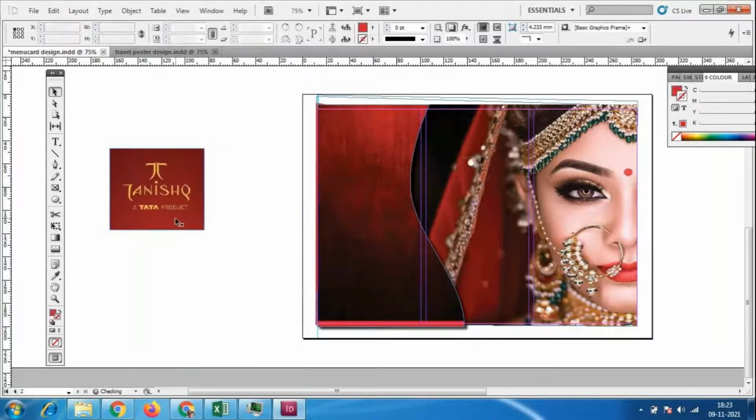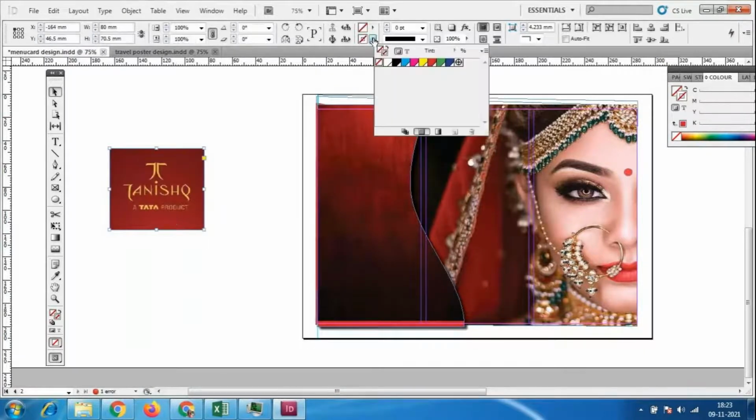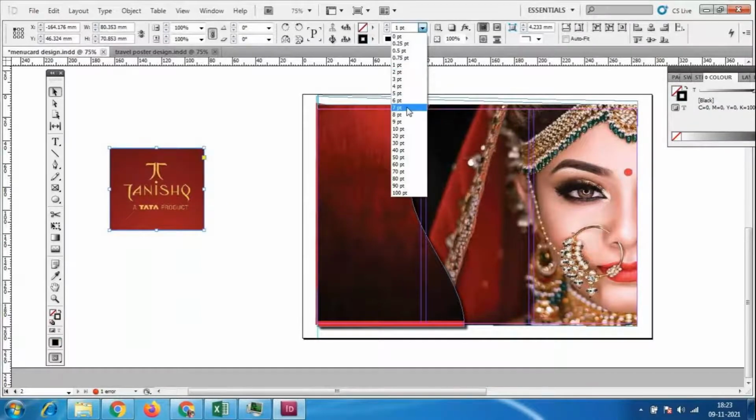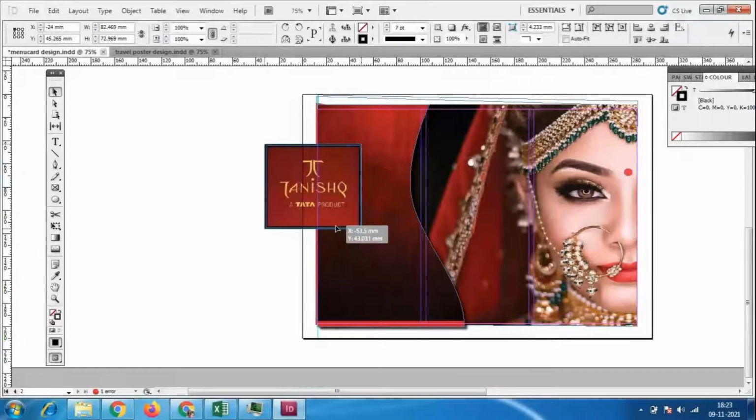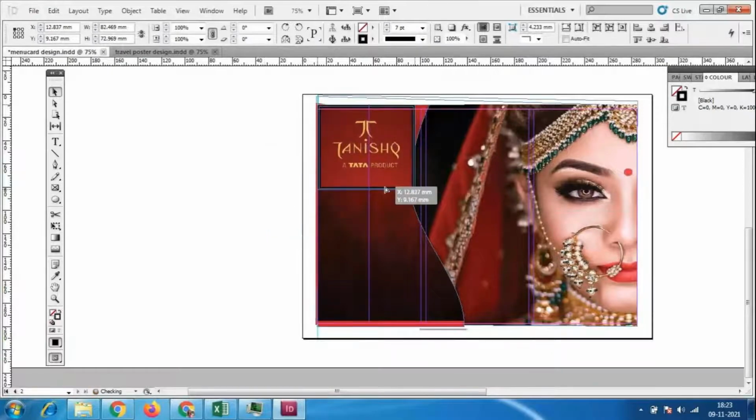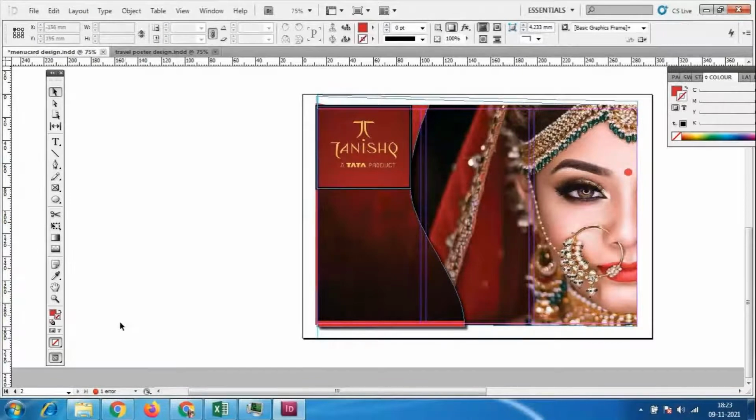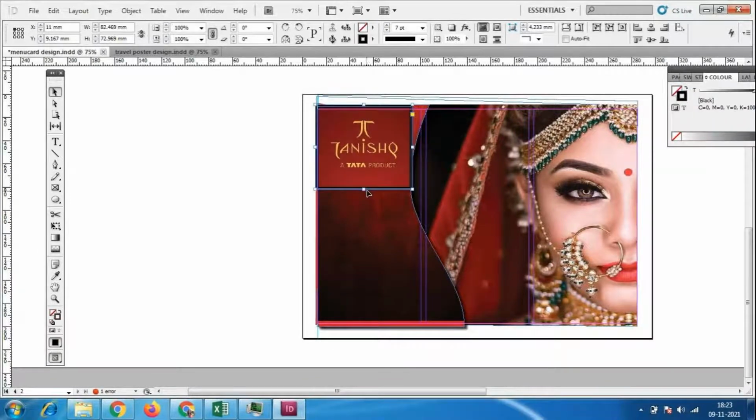Even for this I could add the outline. Let us see how it will look if I add the outline. I could place it here on top of this, and however much area is necessary, only that we could add like this.